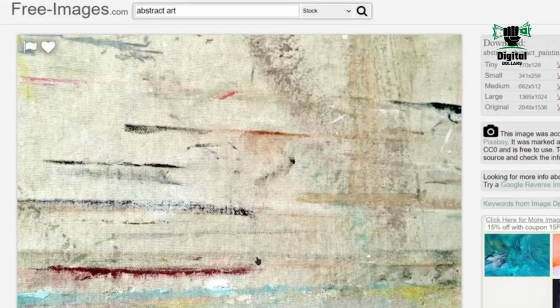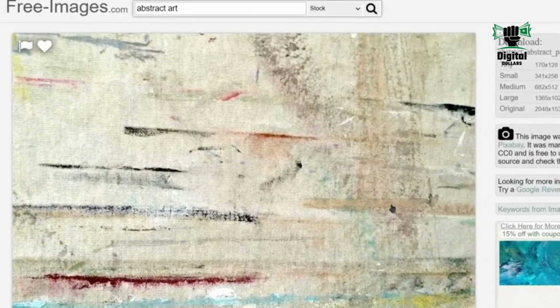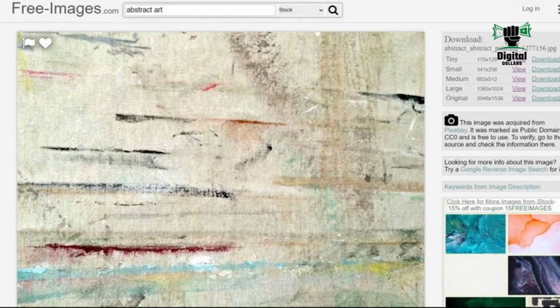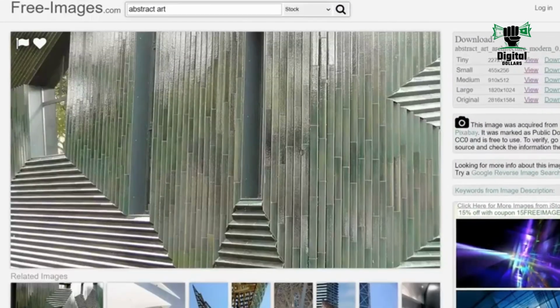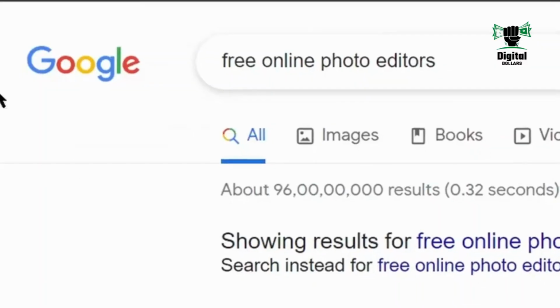I am simply going to click the download button here and choose to save it onto my desktop. So now that you have the image that you are going to use for this method, step number 3 is we need to find a free editor online where you can enhance the image so that it can get more clicks. So right now, what we are going to do is go to Google once again